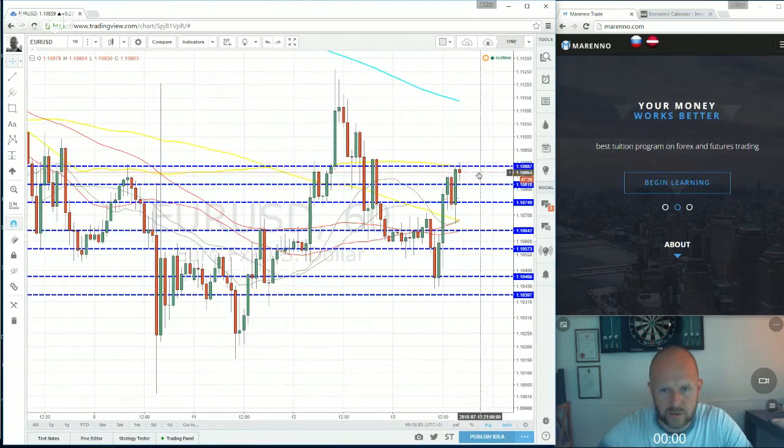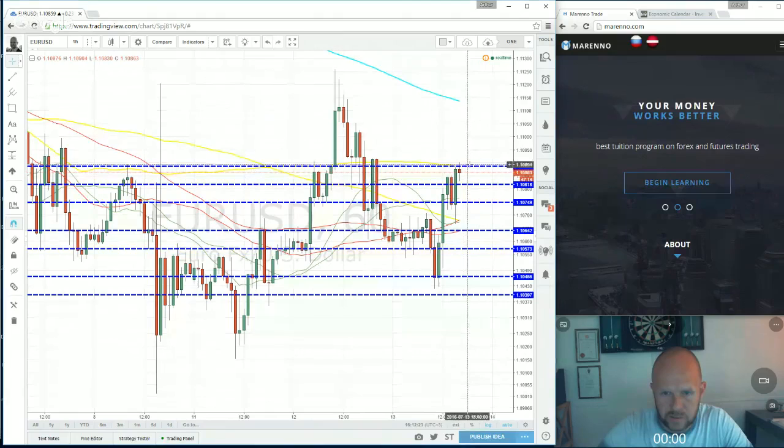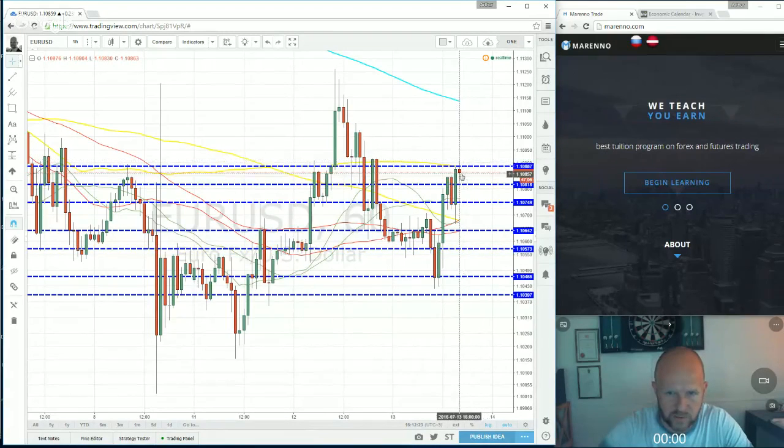Okay, so euro dollar, an interesting thing is happening at the moment. We are at the top resistance level for today. It's a counted level at 1.10887. And the possibility of bouncing off this level towards this area, at least 1.10397, is possible. So personally I will wait till the current hour is closed